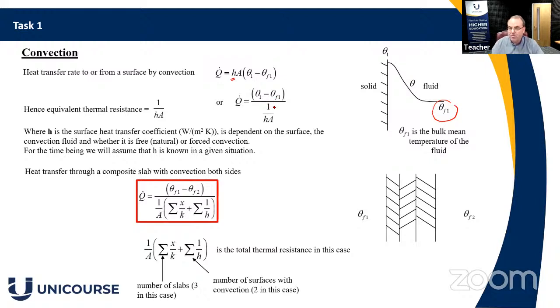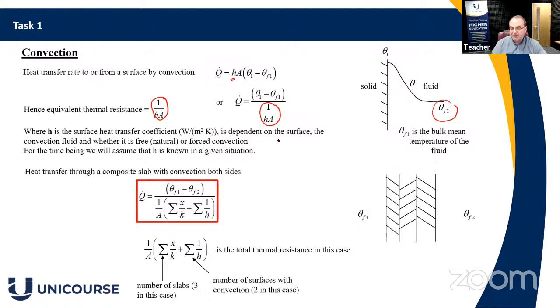Now, hopefully you can see where we're starting to go. That's the same format as conduction. We have the temperature difference at the top, and we have something called the thermal resistance at the bottom. So when we're dealing with convection, the thermal resistance is given by 1 over H times A. Now, what's H? We need to establish that, don't we? Well, H is the surface heat transfer coefficient, or the convective heat transfer coefficient, or whatever we want to call it. It's given in watts per meter squared K,